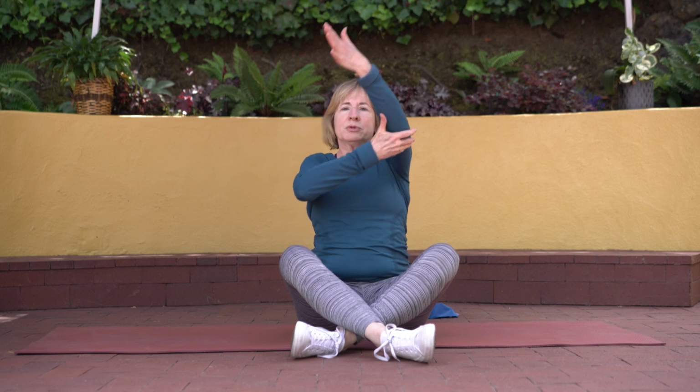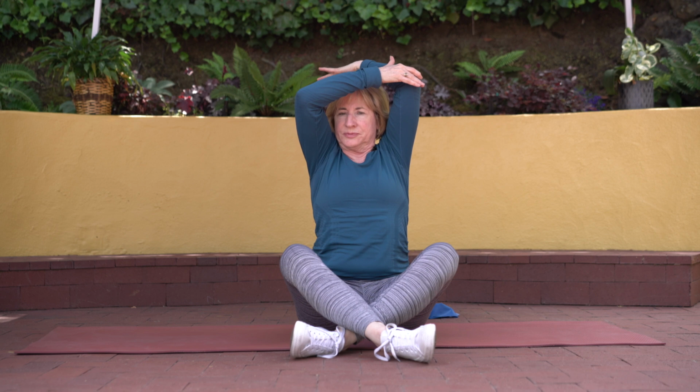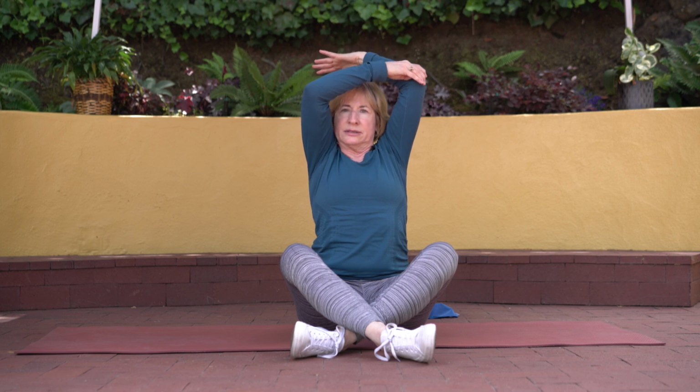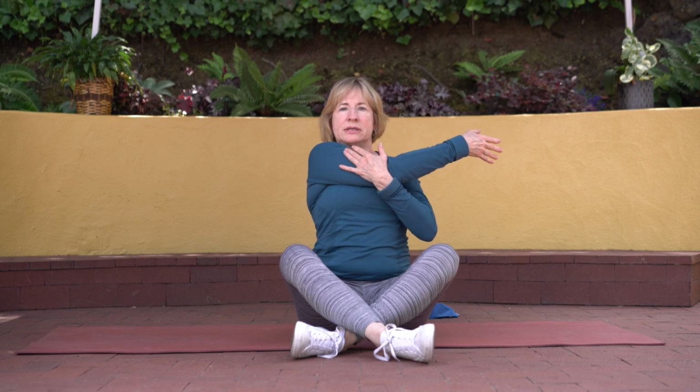And then if it's comfortable for you, you can bring this arm up. Don't take it back any more than that. If you feel any discomfort here, I want you to stop. We're kind of stretching out our triceps behind us. You can also, if you find that this is uncomfortable for you seated, you might want to try standing up to do this. We'll do the same thing on the other side. So we're going to swing that opposite arm over,